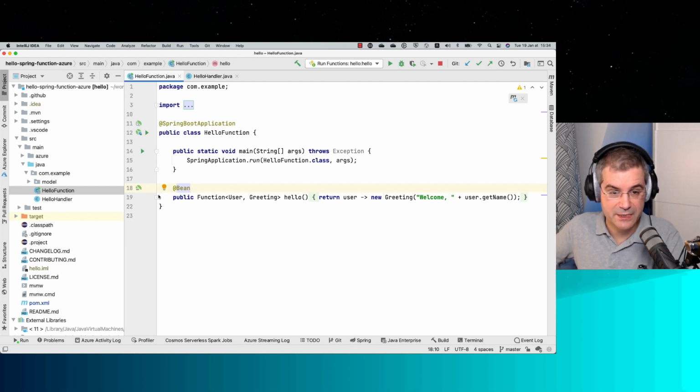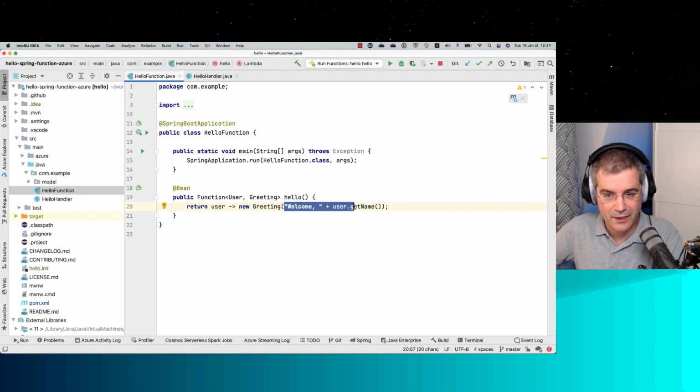And as you can see here, my function is very easy. It's just telling you welcome, giving you your name. It's a very simple application, but it's a proof of concept. As a developer, what is interesting here again is that you don't depend that much on your cloud provider. You are coding with Spring, so you have the abstraction and you have the ecosystem of Spring, and that's really cool as a developer.